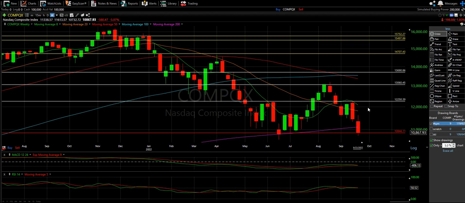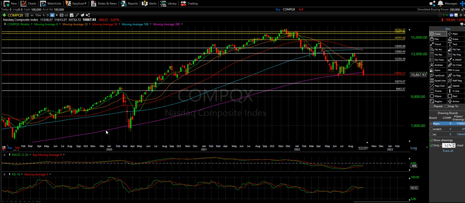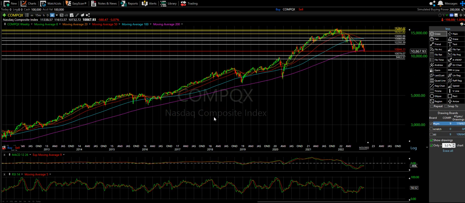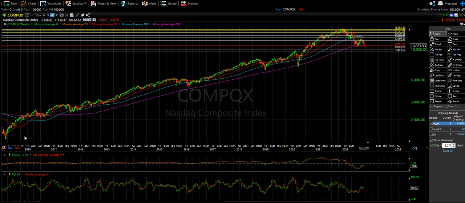So looking at the weekly, again, it's really bad because we did just lose the 200, right? And I'm just going to zoom out a lot. The last time we lost the 200 was that COVID moment, right? We did recover very quickly, and that led to a monster recovery. But if we don't recover next week, if we do the opposite of this and basically go down again, look, I've got to zoom out to see the last time. We haven't lost with confirmation in two